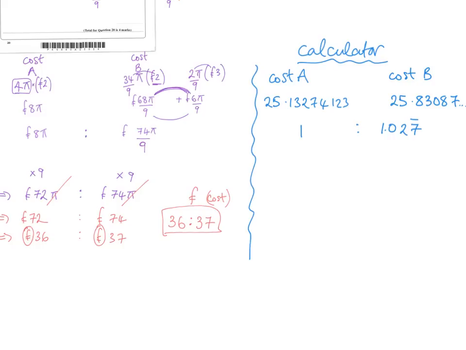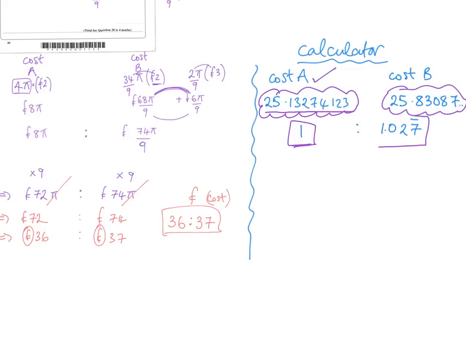If you were to do it the calculator method, then you'd end up with these particular figures on your calculator here. And what I've done in this case is given you an opportunity to find a unitary ratio. So you could say for every pound, by dividing left and right by 25.13274123, you'd have for every £1 spent on watch face A, you'd have to spend 1.027 recurring pounds on watch